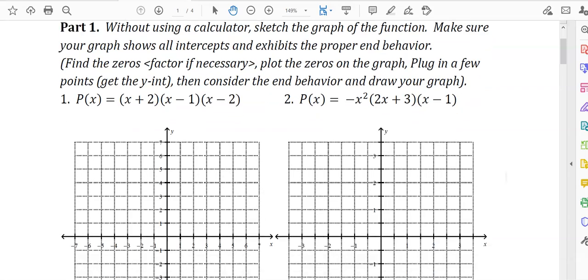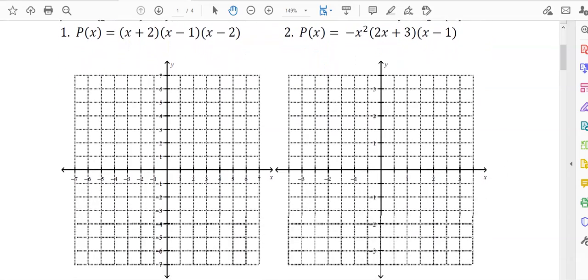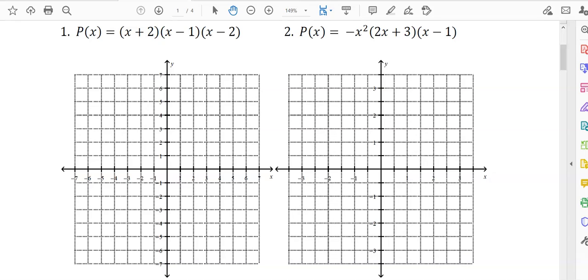Okay, so this is the review for chapter 4. So it's only covering 3 sections. This is just part A of the review because the test is only over the first 3 sections of chapter 4. So when you're having a function like this, the first thing you might want to do is just plot